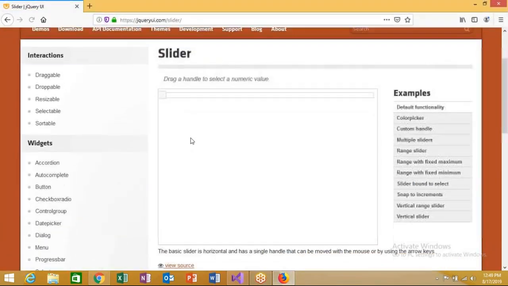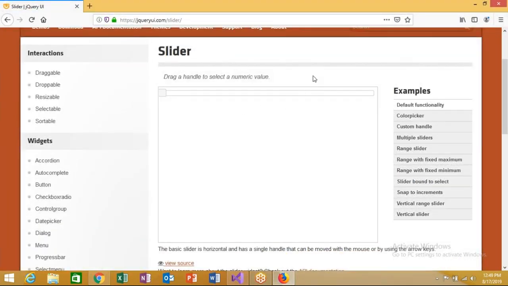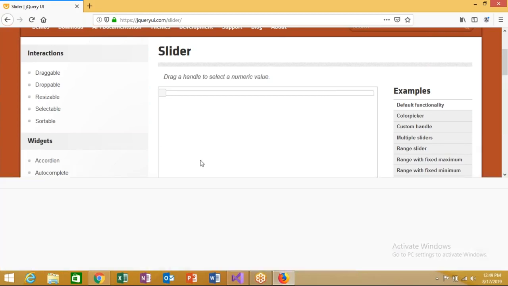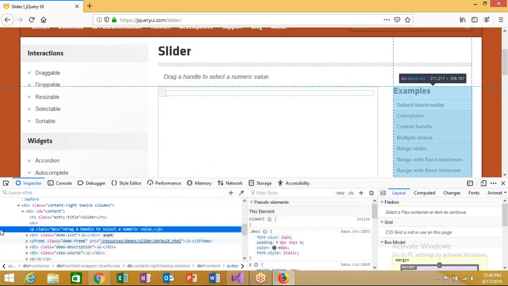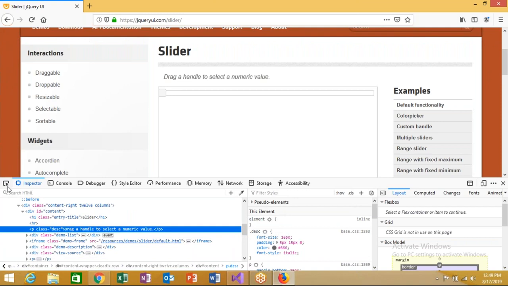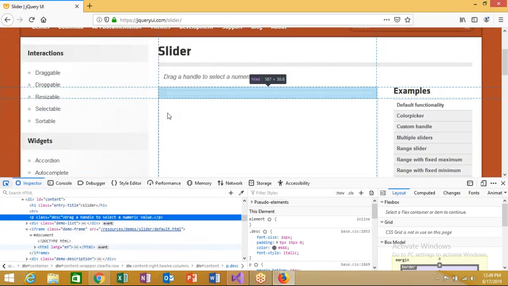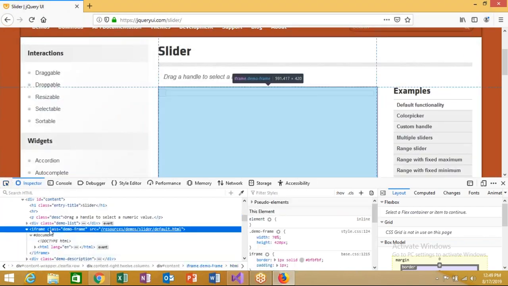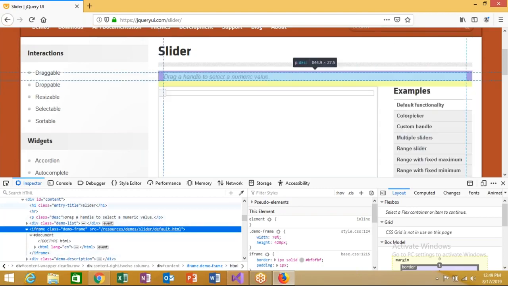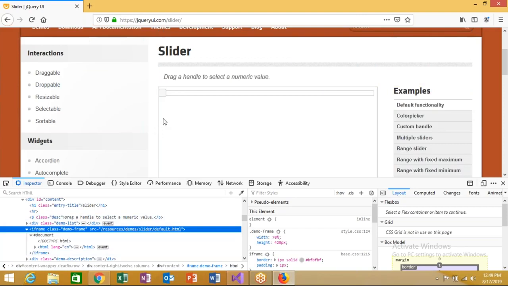Now I know this area has a frame. I will right click and inspect element. The Inspector has to be clicked, and I will check out here. This iframe, you can see, highlights that area. Now, what happens if I right click on the area which has a frame in Mozilla